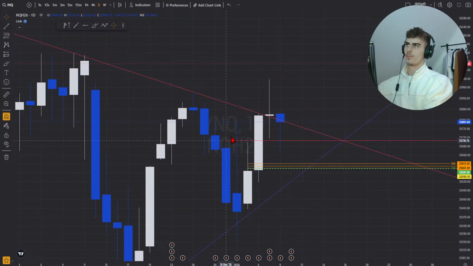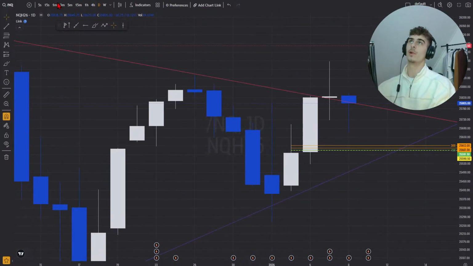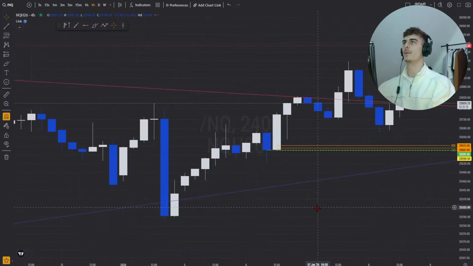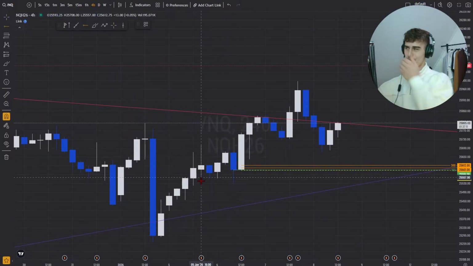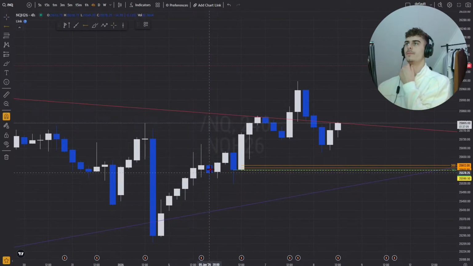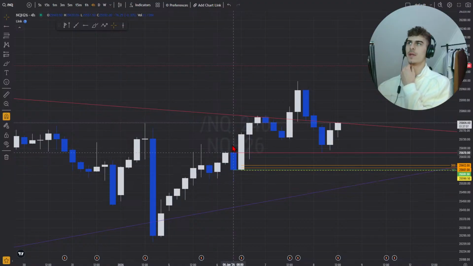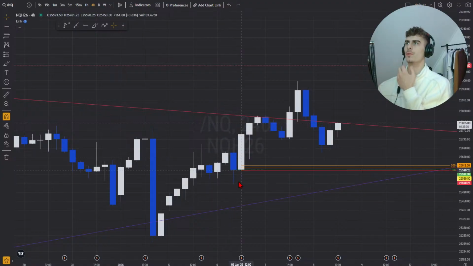So I know my target's gonna be somewhere in this range, but this range is really big, so you're gonna follow what the market's doing on a lower time frame. If you look at the bigger time frame, you only have 2 distribution candles of the 4 hour, so you know it's gonna be somewhere in this range. Your first real